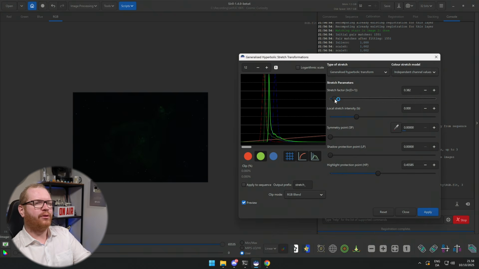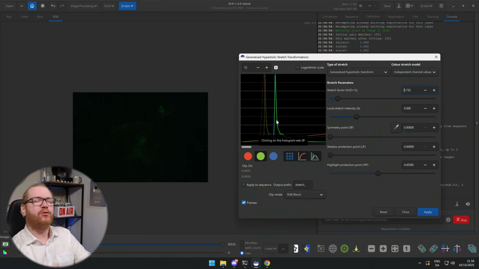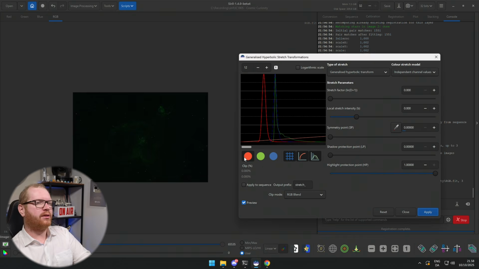And now we just pull this one up until the green, we can use the plus here to be more accurate, until the peak of the green aligns up with the peak of the blue. Okay, so whichever is highest for you, take the lowest one or the lower ones and pull it up towards. Never stretch backwards, never stretch down, always stretch up. If you need to stretch backwards, you would probably need to just undo a few stretches and go back. So now we're stretching it upwards until those are aligned. We can click apply. So now here, I'm gonna deselect this one, select the red,